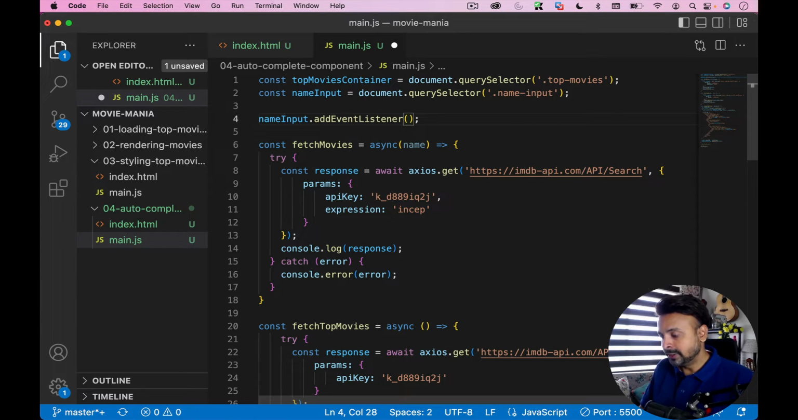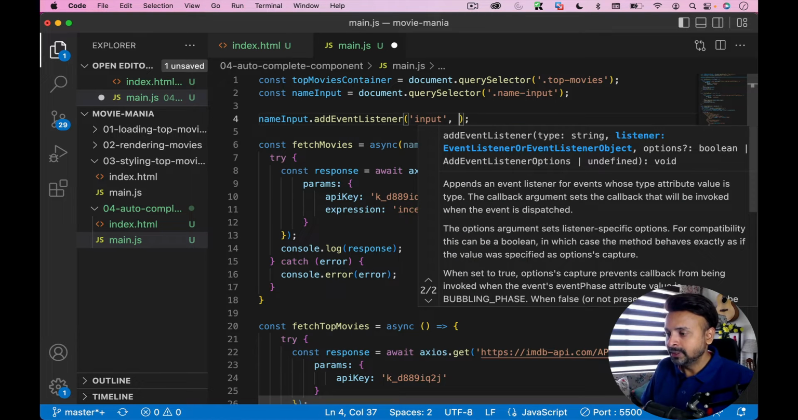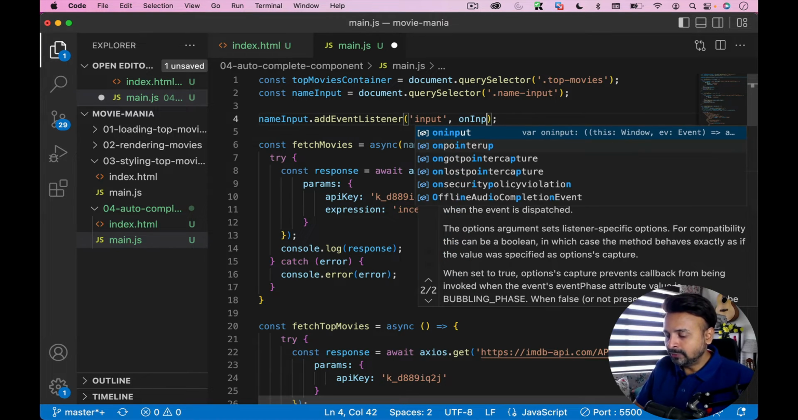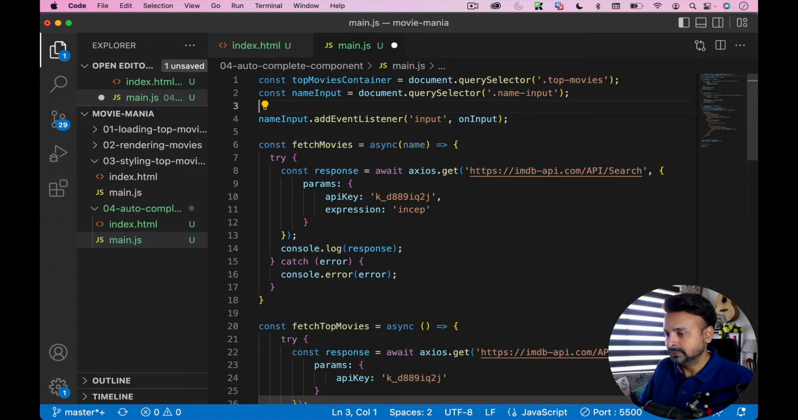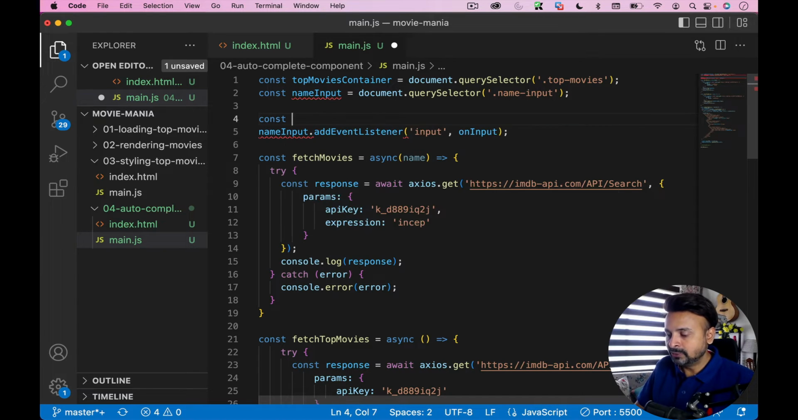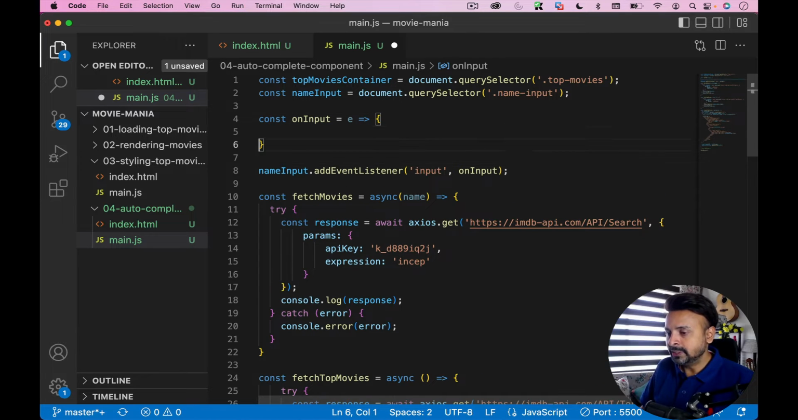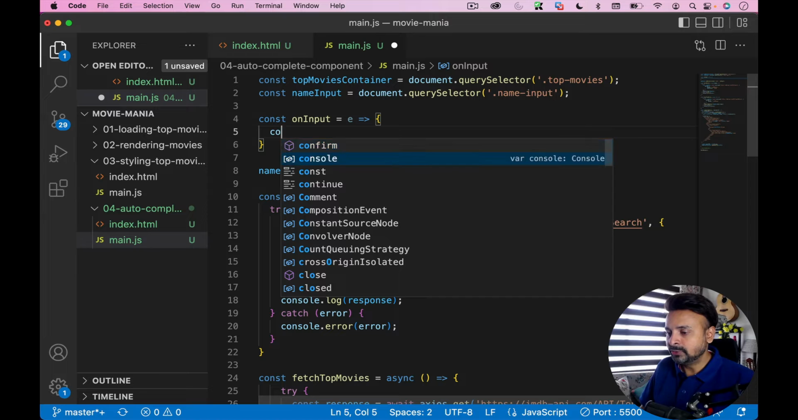So we use add event listener for listening to the events. I'm going to listen for the input event, and I'm going to call a function on input. Let's write this function on input. This is my handler function, which is going to accept one argument, called the event object. And let's see what input we are getting. So let's do the console.log